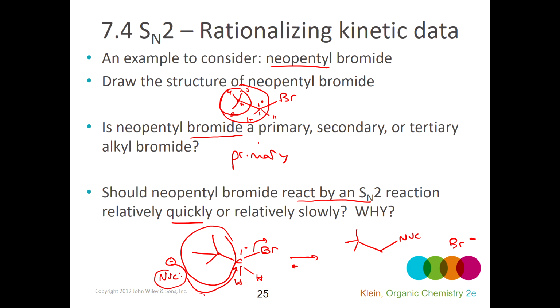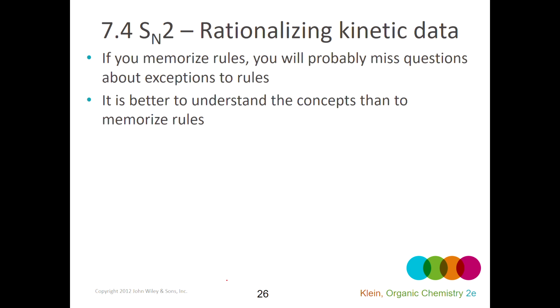But kinetically, if the collisions can't be facilitated, I'm just not going to form significant amounts of products in any given period of time. So that's why it's important to think about both. And rather than memorize rules, rather than just memorize that primary is always faster than secondary, which is always faster than tertiary by SN2, we want to understand the actual concept so we can look for exceptions and recognize that even one large crowding group is going to make a big effect on the attack of that nucleophile